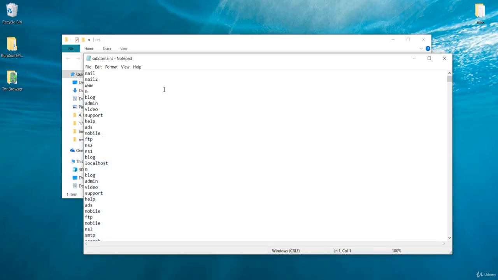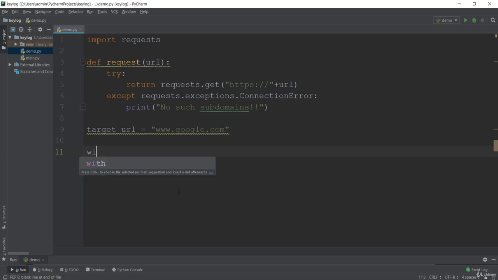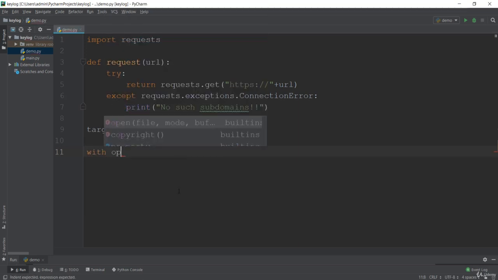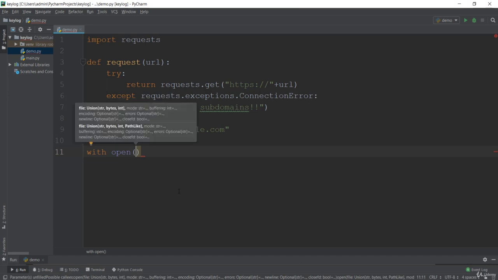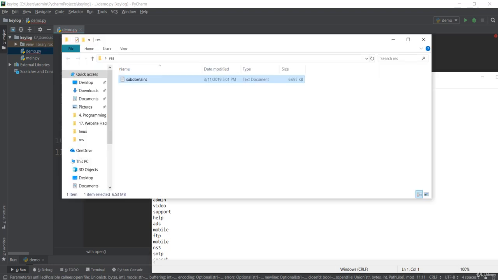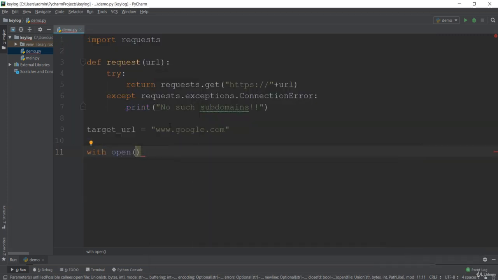So first of all, we have to open this file. We have learned in the reading the file section in the basic Python how to open the file and how to read the file. So it will be quite easy for us to open the file now. So we have to make use of the open statement in the path where this is located. Okay, first of all, let me just get this location real quick. So it will be right here. I'll copy this, and from here I'll just open here.